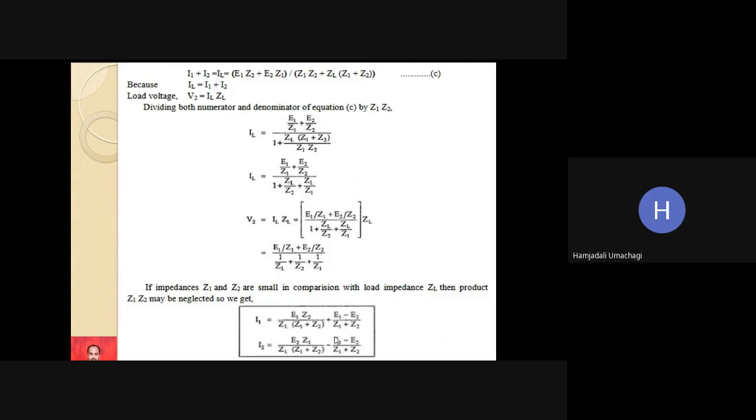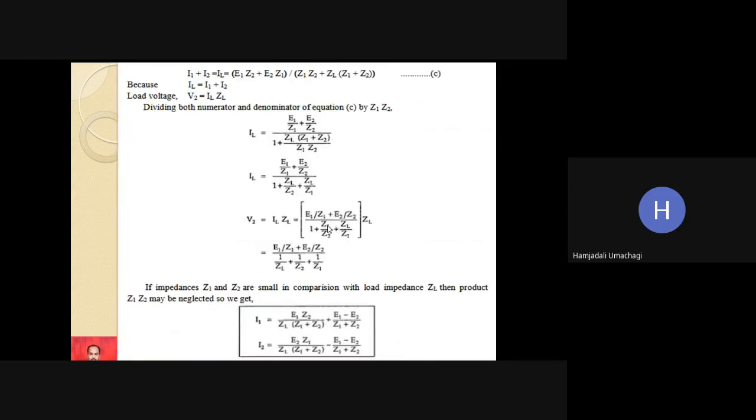Key point: this circulating current IC adds to I1 but subtracts from I2, which means for the first transformer it gets added and the second transformer is free from it. Hence transformer 1 gets overloaded, or it is getting more burden. The two transformers will not share the load according to their ratings. Because of the mismatch in the voltage ratios, they will not share the load equally according to their ratings.